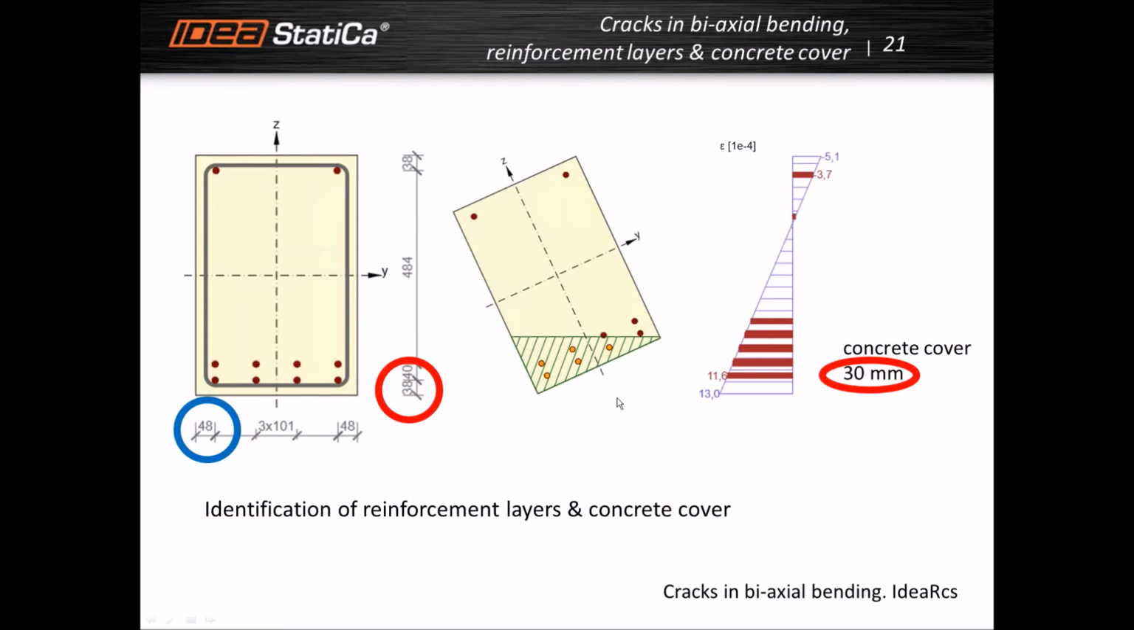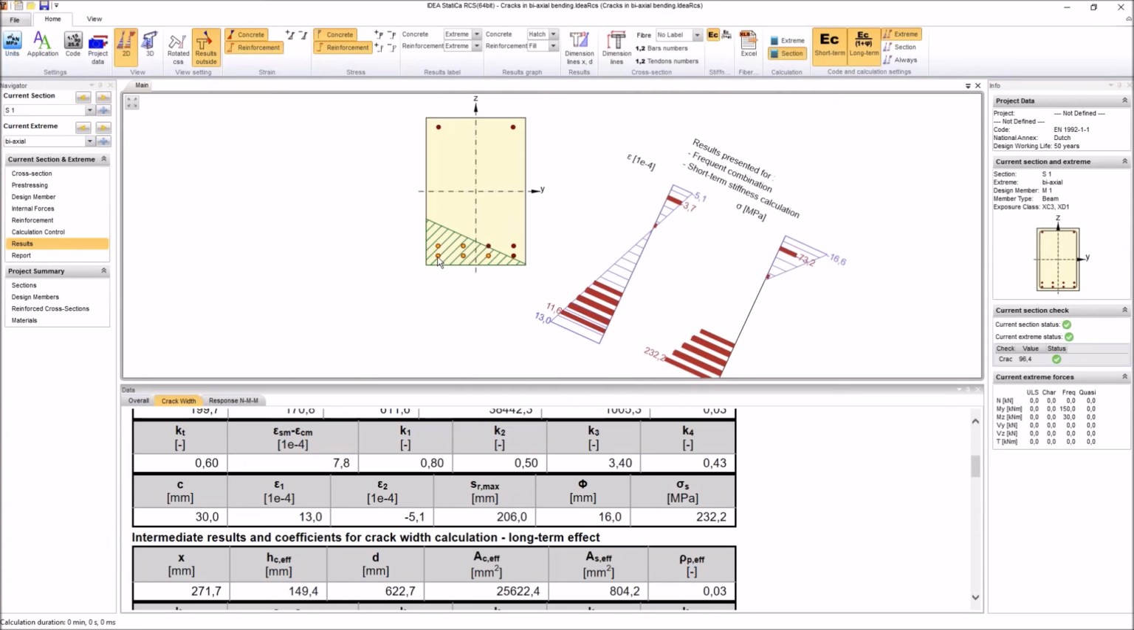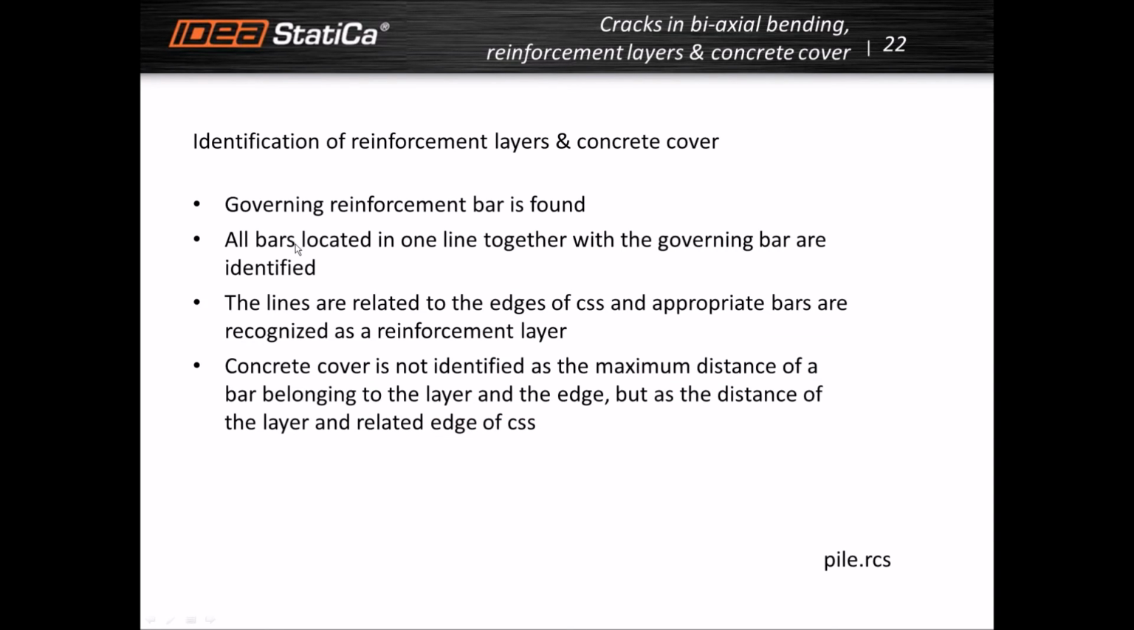We can see it here in these rules. The rules are like this. We find the governing reinforcement bar, one bar. In this case it is this bar at the bottom on the left hand side. Then all bars which are located in one line together with the governing bar are identified. Then we have the lines, and the lines are related to the edges of the cross-section, to the surfaces, and